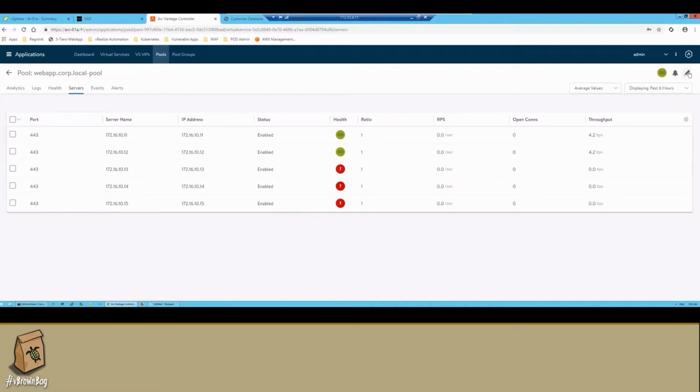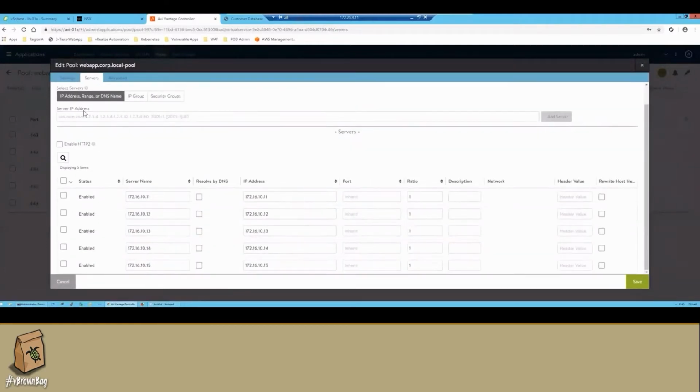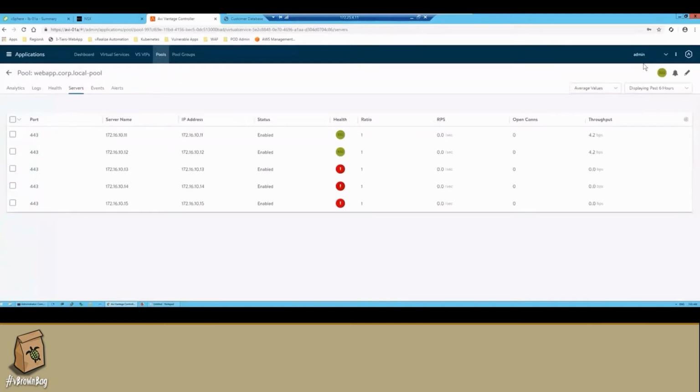So let's just look at this in a bit more detail. So here's our pool definition. If we click on servers, yeah. So as I said, we're using an IP address. We'll probably put in a range, and we've got our 5 servers. Now, this is all good and well. This is a fairly standard configuration. From an NSX perspective, there's associated distributed firewall rules that will allow access to the web services and allow all